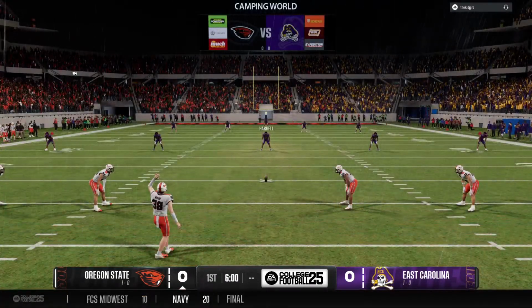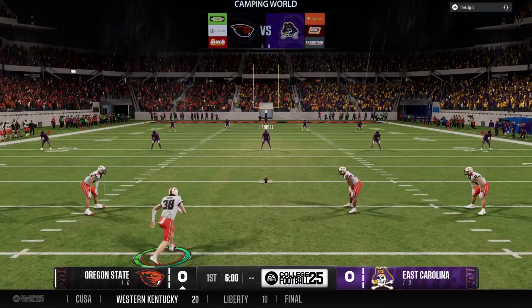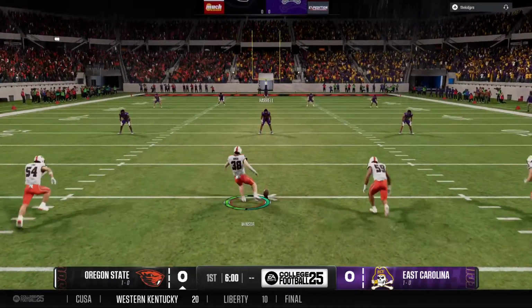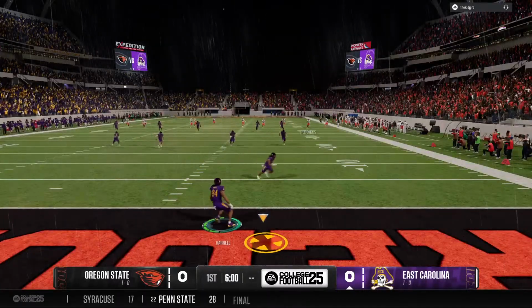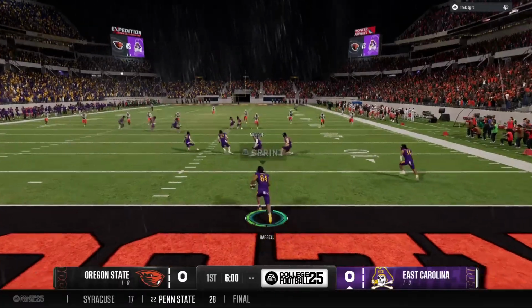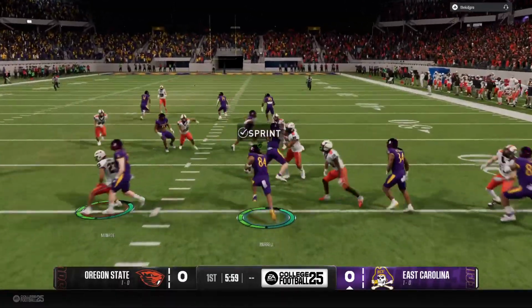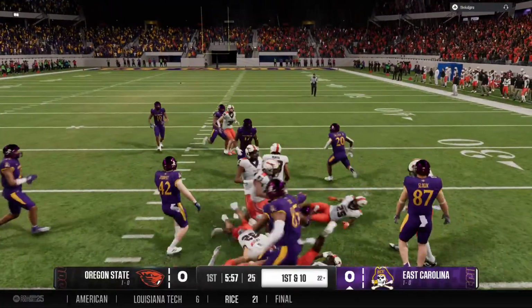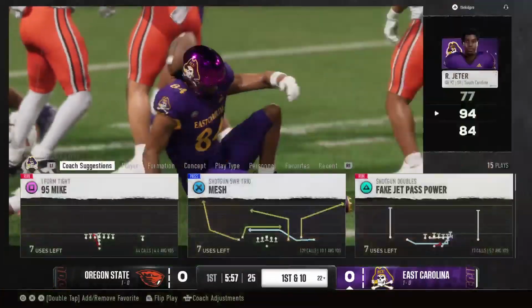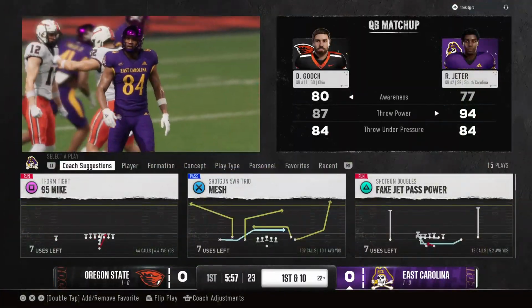The Beavers will boot it away to start the game. Fielded in the end zone, it's Harrell. Nice job executing all of the assignments as they put a stop to that return at the 22.